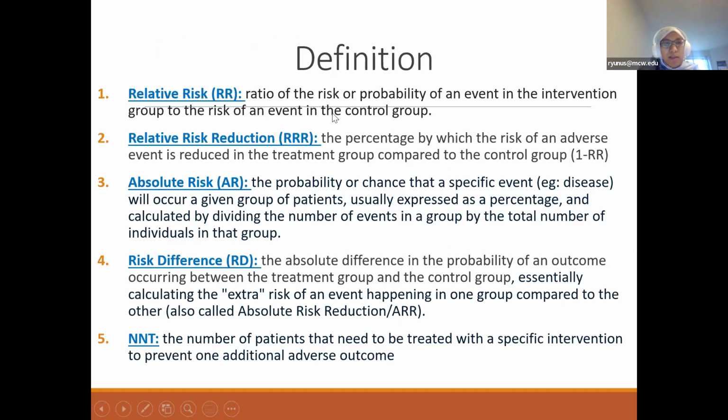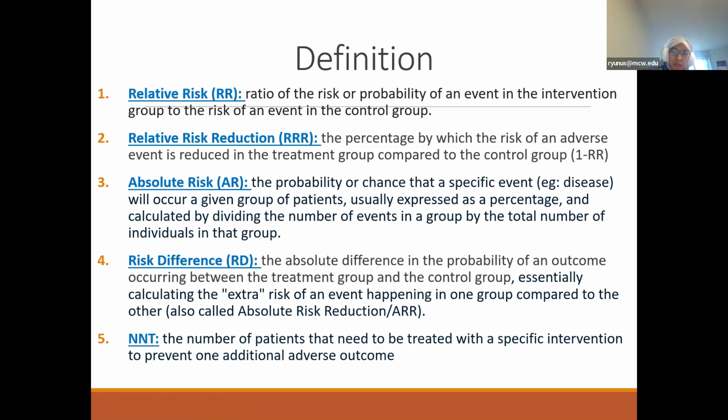And very quickly, this is a list of definitions of all the measures of associations that I have shown you. There are 5 of them. Okay, I just want to focus on the last one, which is NNT, number needed to treat. What this means is that when you conduct a clinical trial or an RCT, towards the end, when you analyze the data, you can know the number of patients needed to be treated with a specific intervention to prevent one